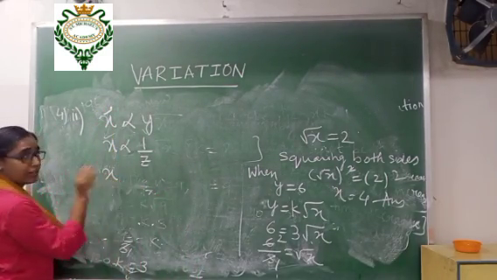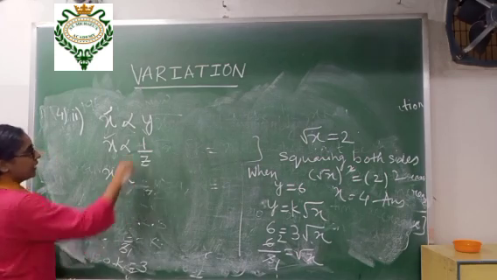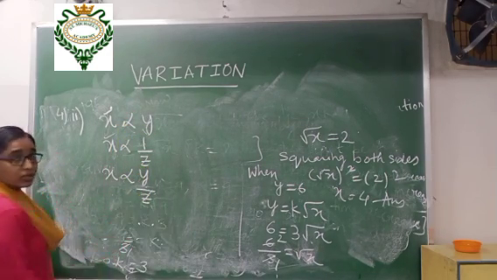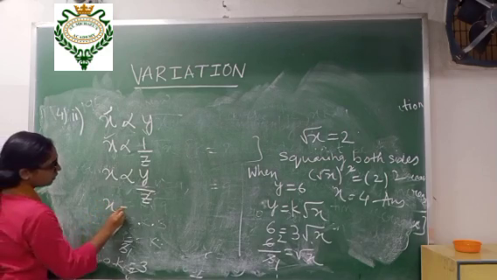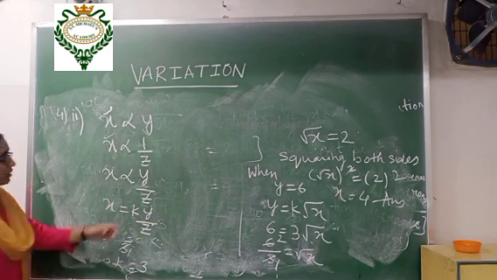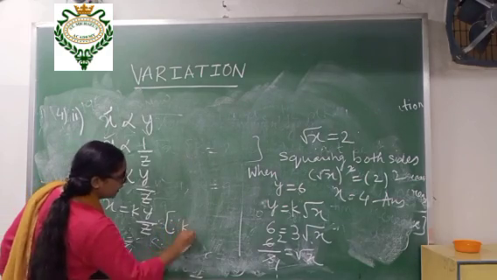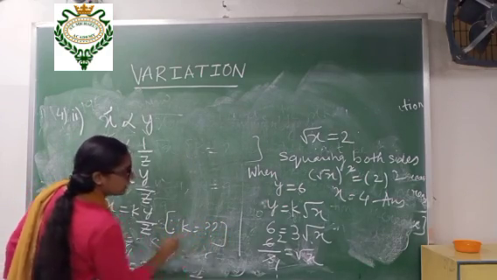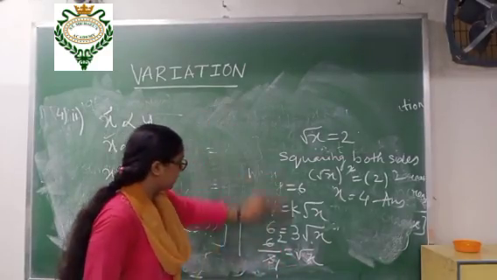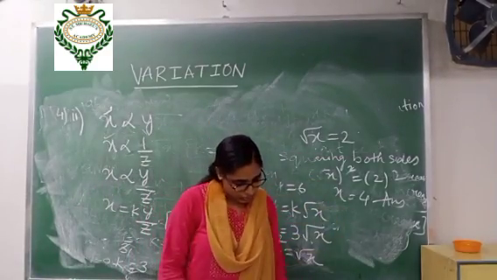At that time, x is common in both, so you will write it one time. You will give the inverse sign: y is up and z is down. This is the relationship: x = ky/z. You have to write what k is: k is the variation constant. Please write it. In each and every question I am not writing it. Please write quickly.